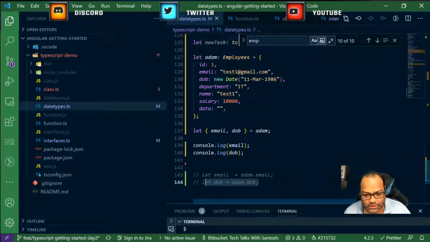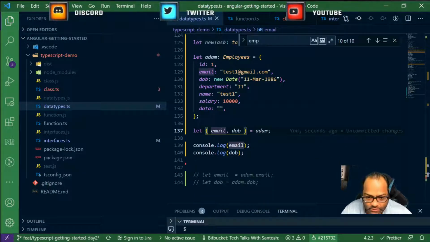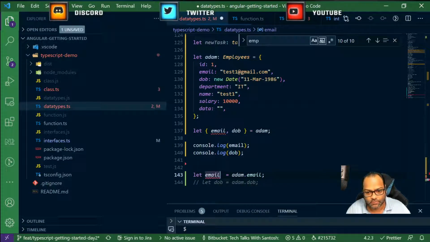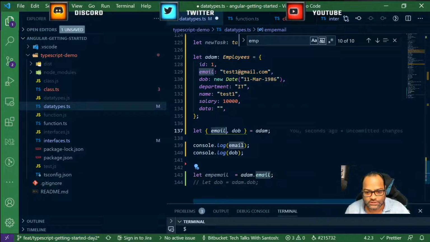So rather than actually doing this in your code base, start doing this, which is like a single line syntax, and you can actually achieve the same thing. What in case I want to rename the variable? So let's say I wanted to have an email, but this email variable will be, let's say, employee email, right? So I want this variable to be available, and you will say, okay, I cannot use this syntax now because my requirement is to have something like this. You can actually go ahead and do that.